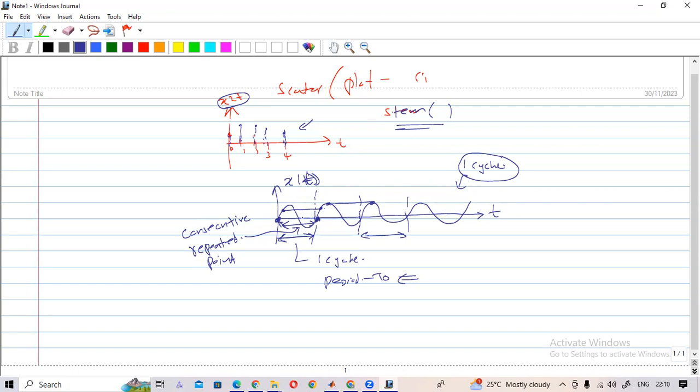So if you select two consecutive repeated points, and you measure the time between those two points, that is the period. That is how you can calculate the time of a period of a repeating signal. For example, if you have a square signal like this,